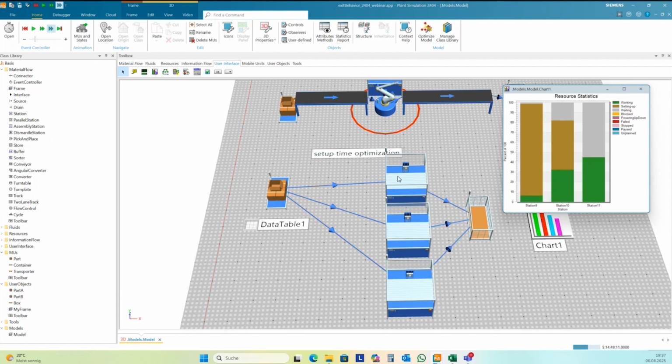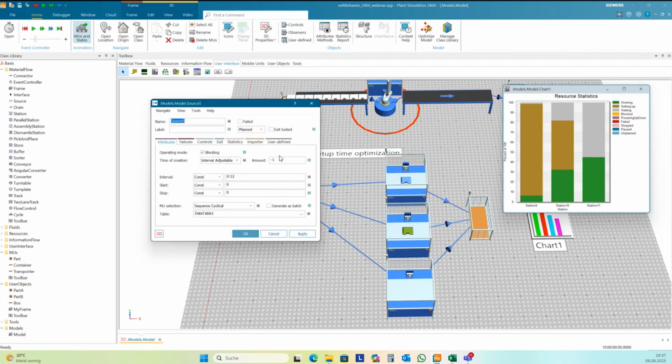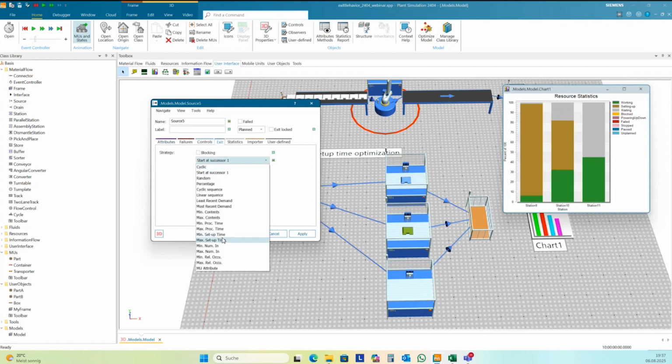Now I also use this station with the highest setup time, and I create a lot of setup time in this order of successors. And so you can use the exit behavior also to optimize your production distribution here.